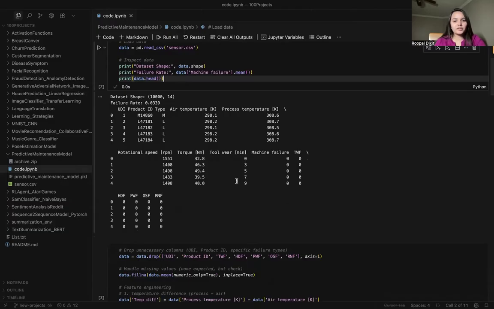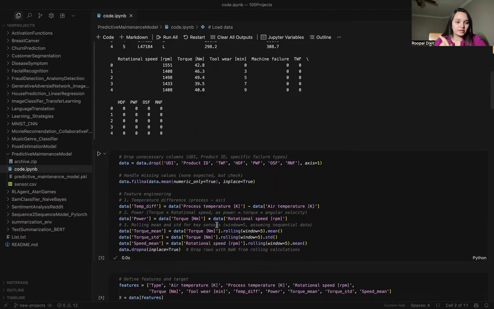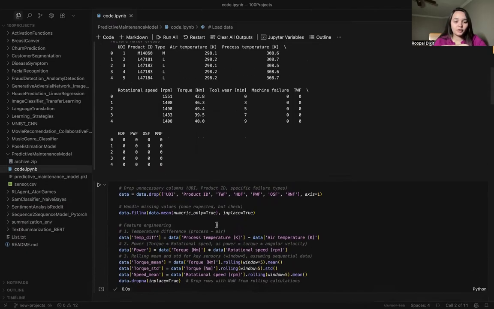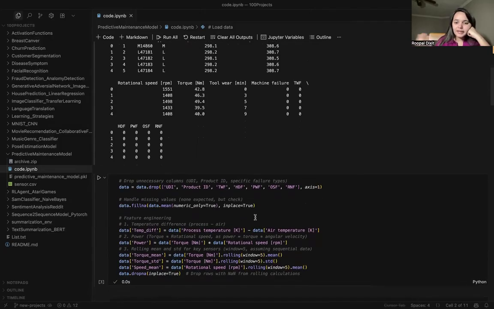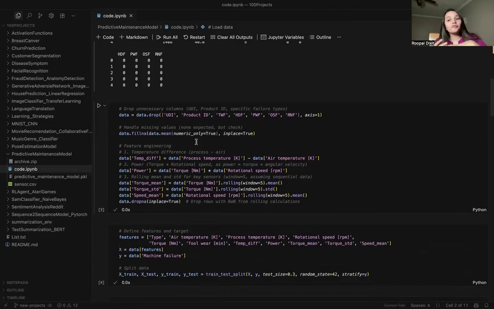And then we will do some feature engineering, where we are dropping the unnecessary columns. You have to understand the UDI is not going to help with the prediction. The name of the machine is not going to help, the ID of the machine is not going to help. So UDI, product ID, TWF, HDF, we are dropping these columns, and we are filling the null values, where we don't have any information on a particular feature, with the mean.